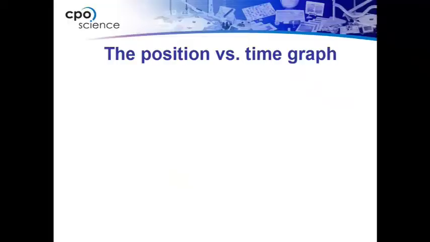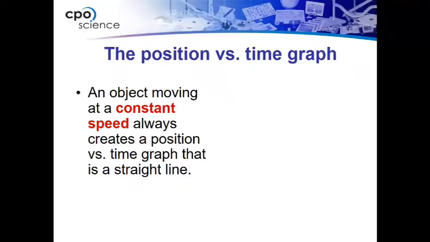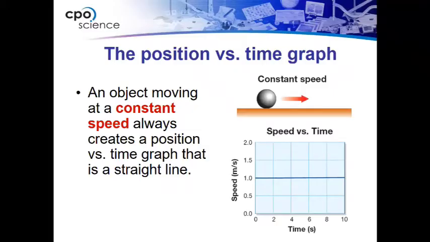An object moving at a constant speed always creates a position versus time graph that is a straight line. Once a body moves with a constant speed, it always gives a straight line, like the runner in the example. For instance, here on the graph,